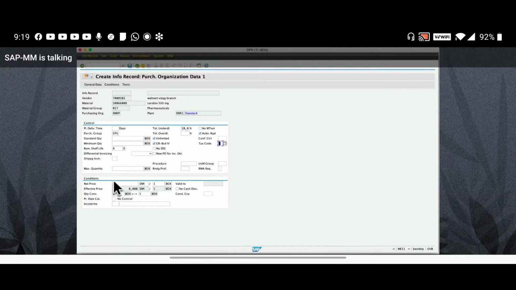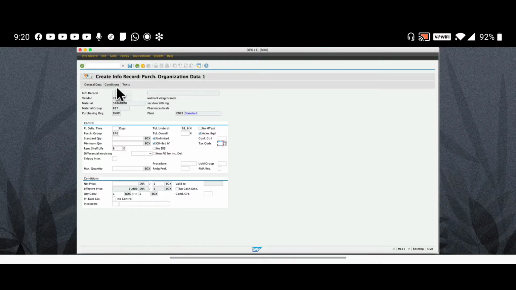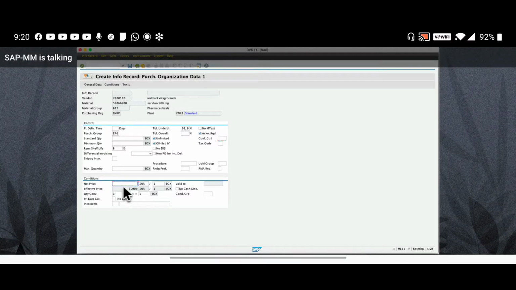Okay. Next, condition tab. Here, maintain net price. Maintain price. Enter. Okay. Next, text tab.